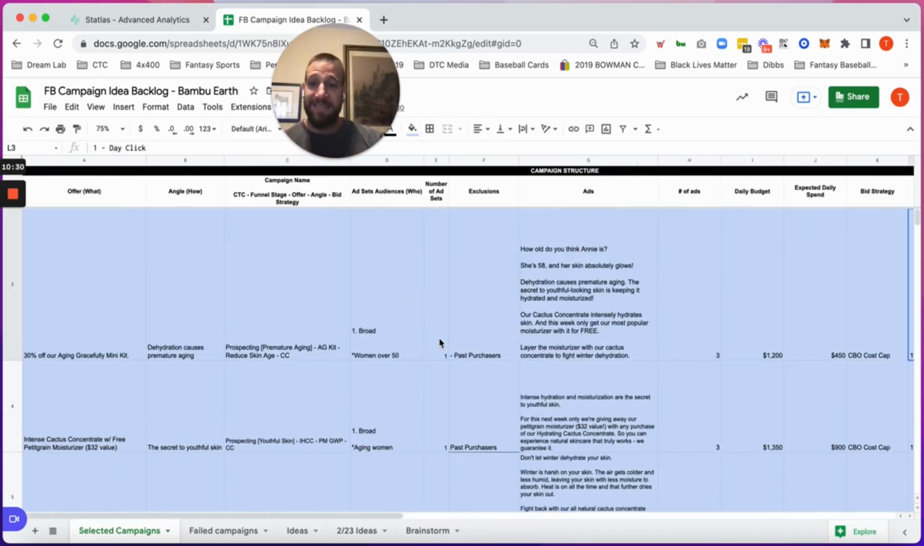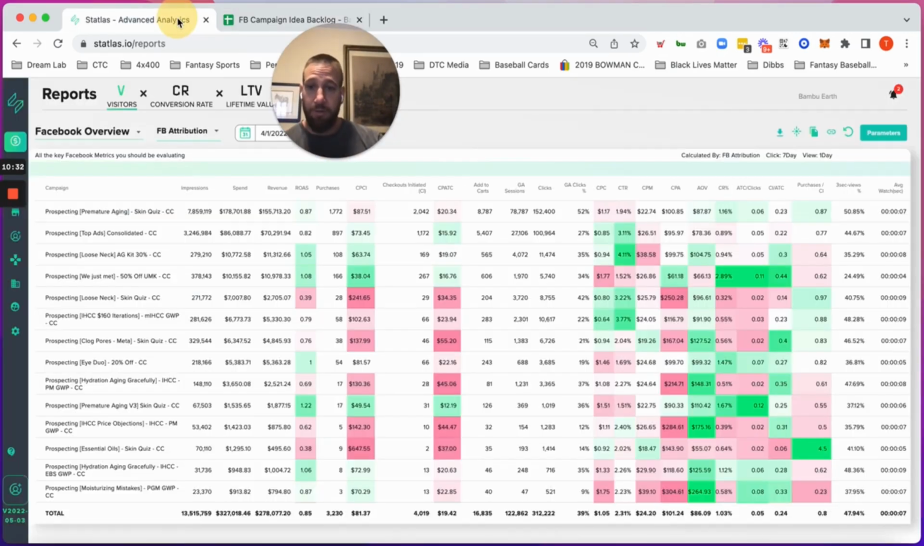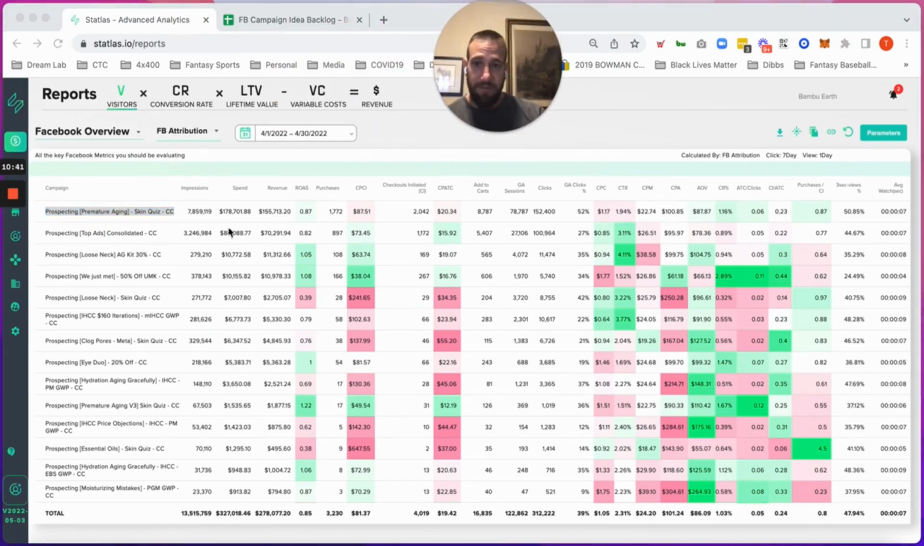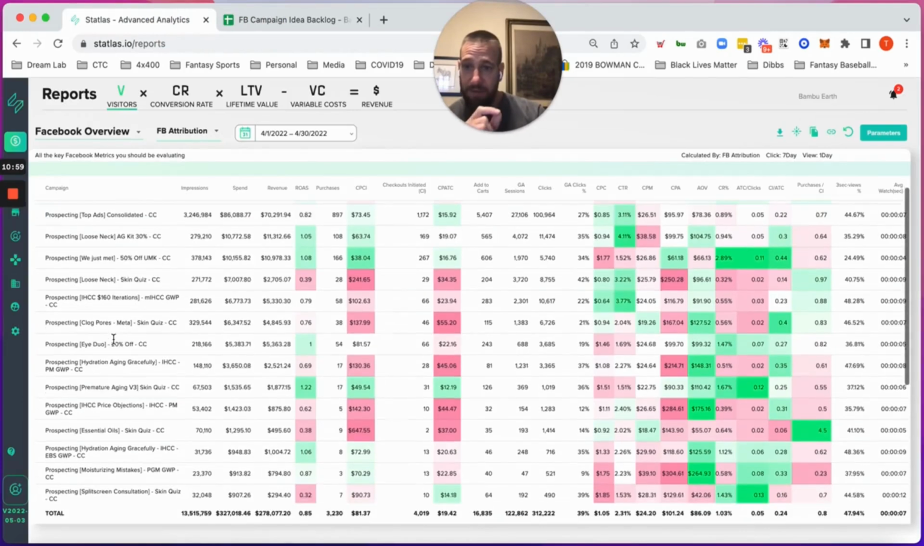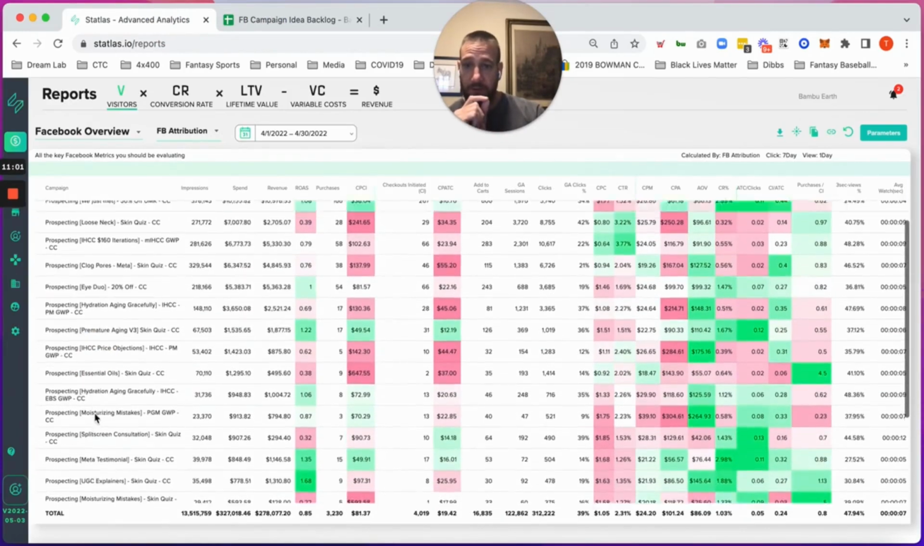So now I can take this, and when I design it, I build exactly into the ad account this specific funnel with this specific cost cap. So I'm looking inside of Statless here. This is a view of the month of April, all of our ad accounts, or all of our campaigns. You can see all of them running with cost cap. You'll see all of them running with the value proposition and the offer. Loose neck, AG 30%. We just met 50% off. Premature aging. So that's this one, right? Premature aging. So you can see everything that we're running, the specific offer, funnel, and how much spend and volume